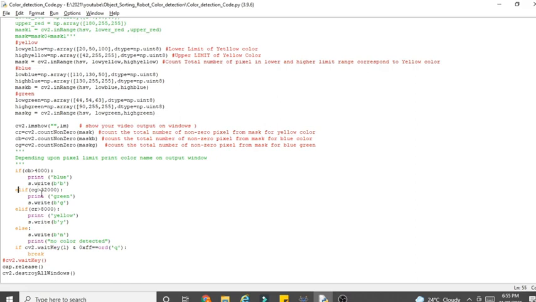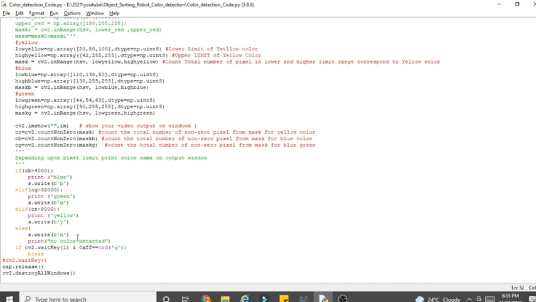Now if there is a green color, then the CG value is greater than 32,000, and if there is yellow color, then the CR value is greater than 8,000. In this way we will pass each and every color value to the Raspberry Pi. Then the Raspberry Pi takes the servo motor action, and whatever the color value is gets printed on the LCD by our Proteus software code.